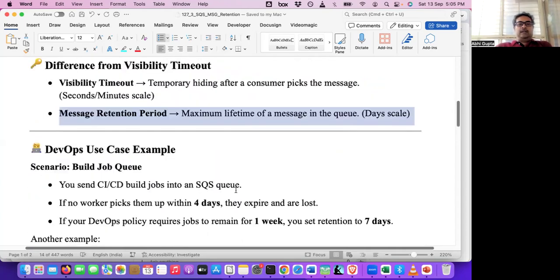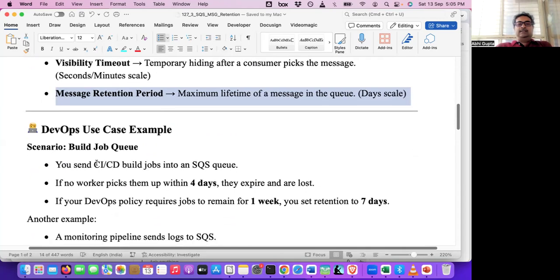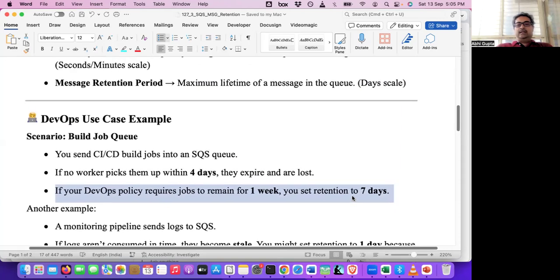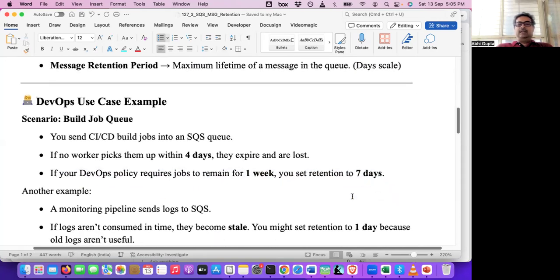In a DevOps use case example, let's say CI/CD build jobs are queued, and some job did not get picked up after 4 days. It will be expired and lost, which makes sense, because after 4 days maybe this build is not required anymore. If DevOps policy requires jobs to be retained for more than 1 week, then you have to set retention to 7 days. But generally, after 1 or 2 days it can get expired and be deleted from the queue